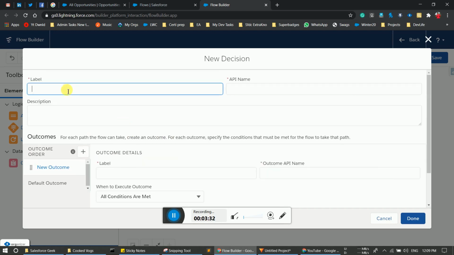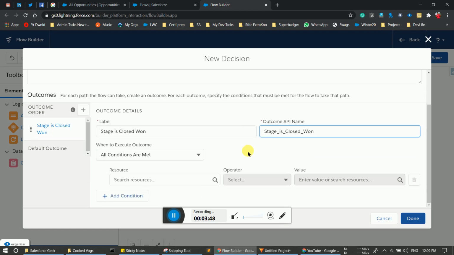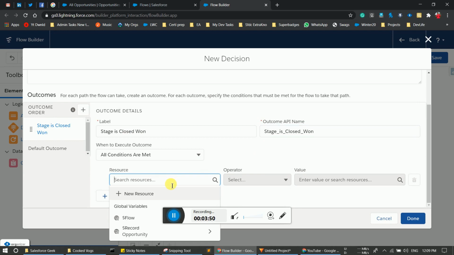Type the label, let's say stage decision, and then provide a label for the outcome, stage is closed won.